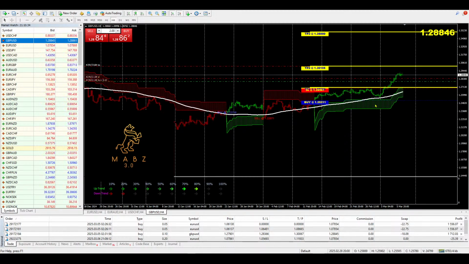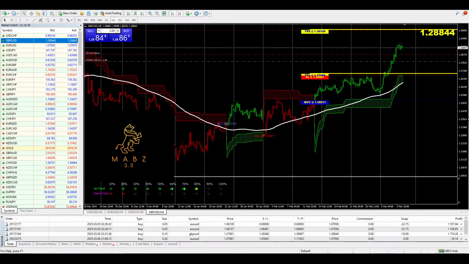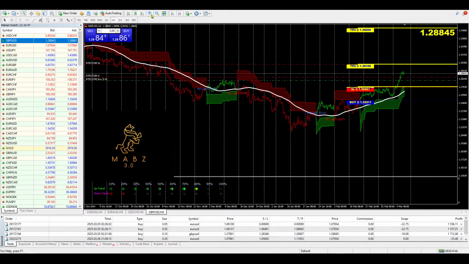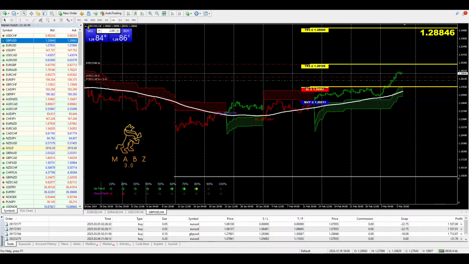And then the next chart that we're going to look at, I think we're just going to look at 5 charts, guys. We don't have to look at the entire market if we can see clear opportunities, right? The next market that I'm going to look at is this chart right here, guys. This is the GBP USD, you can see at the top left. This is the GBP USD on the H4 chart.